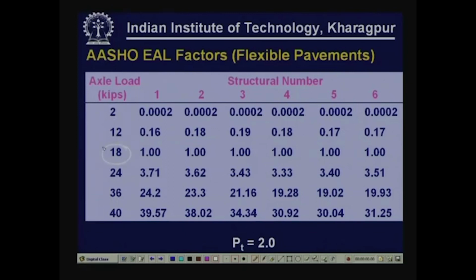So, corresponding to this, you will have the equivalence factor to be 1. If you consider a 40,000 pound axle load, this should approximately correspond to 40 by 18 to the power 4. So, this would be approximately equal to 39.57, but this is a more precise value as obtained in the AASHO road test. But this is for a pavement